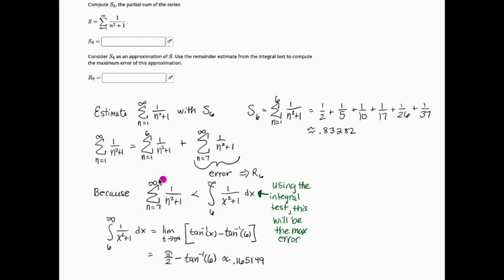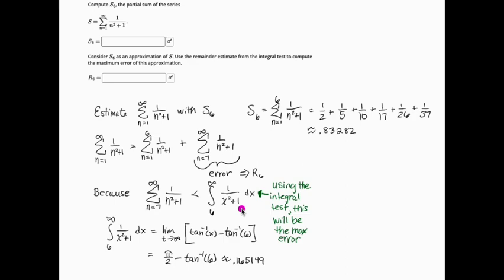However, this is going to be difficult for us to find based on the knowledge that we have as of yet in this class. So rather than try to compute this by hand, we're going to use the integral test. And of course you can use technology to find this value, but doing it by hand would be very difficult for us at this point. Now, the question is saying to use the remainder estimate for the integral test. So if I set up an integral with the function that represents this sequence, 1 over x squared plus 1, and I integrate that from 6 to infinity,